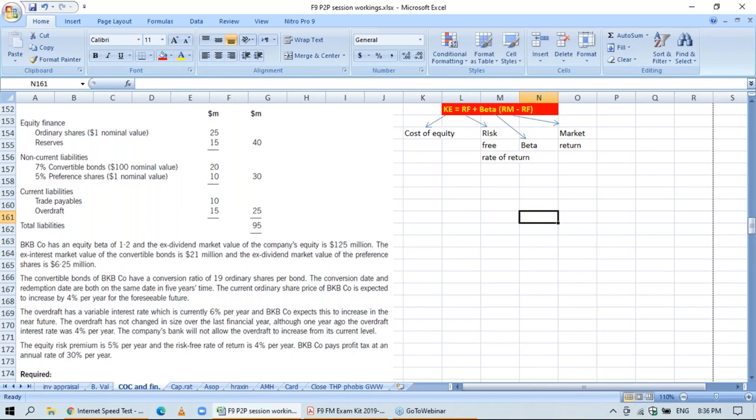So this market return is basically a combination. The market return is return from a combination of investments made by a prudent shareholder into ordinary shares, into risky investments. So this is the return from the risky investments after diversifying the unsystematic risk, right? So these are the figures which you need to calculate. So in this question,